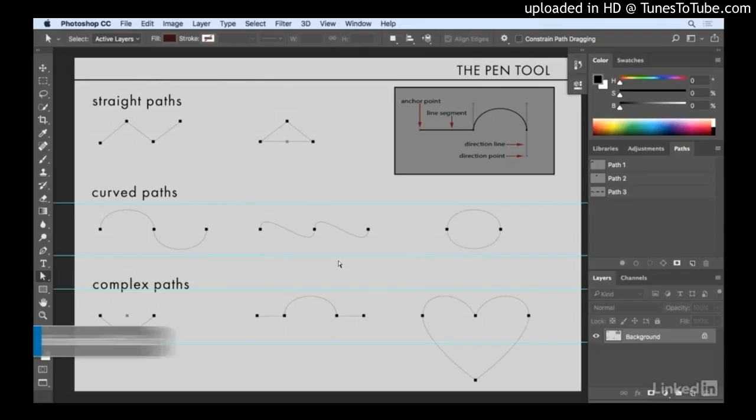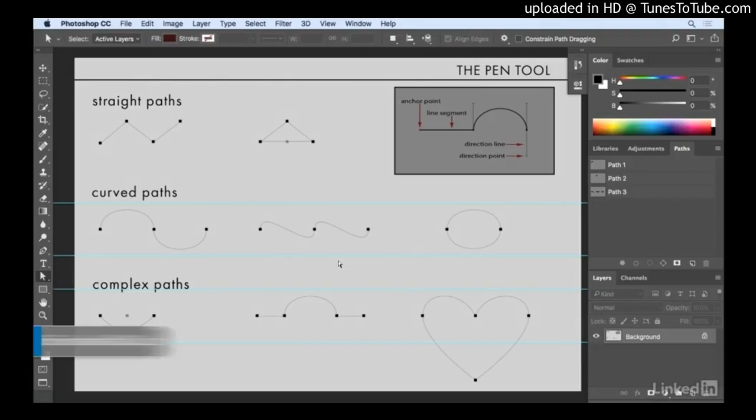So here we have a combination of straight lines and curved lines. So we'll start by just clicking on the anchor point there at the end. Then I'll click again in order to create that straight line segment. But now I need to quickly move from a straight line to a curved line. So I will click on the anchor point again and start dragging up in order to drag out a direction line.